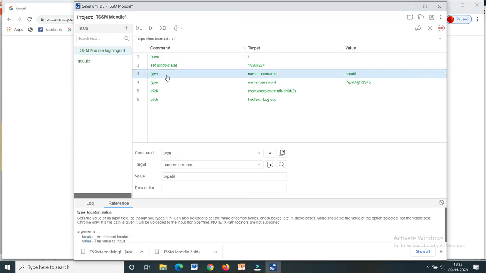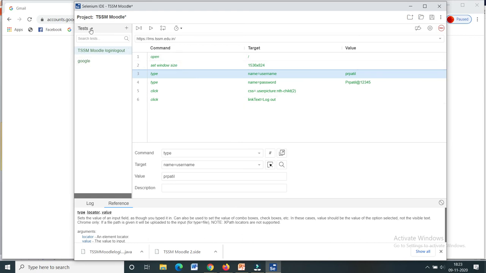Second is type. With type, it will interact with web elements like a text box. You can enter some values in the specified web element. So this is my target that contains the username, and I have entered the specified value, that is nothing but my username. It is the same for the password. After that I have done with the link, where the target is link equal to logout and login. It is used to identify only a web link, based upon the name of the link. So this is related to all the commands that are present in this table view.